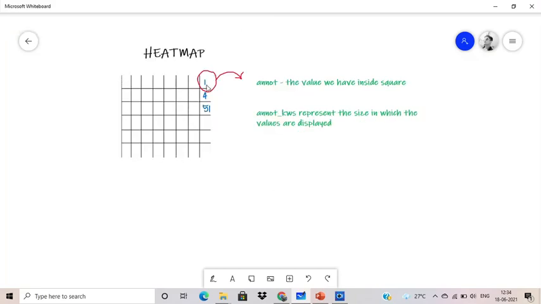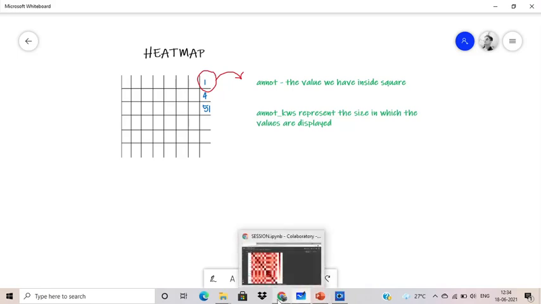Then these are the values that are present in the heat map, like 1, 4, 51, and different types of values are there. Then the value which is inside this square is called annot, and annot_kws represents the size in which the values are displayed. I hope that now you understand what annot and annot_kws actually mean. So let's get back to the code.